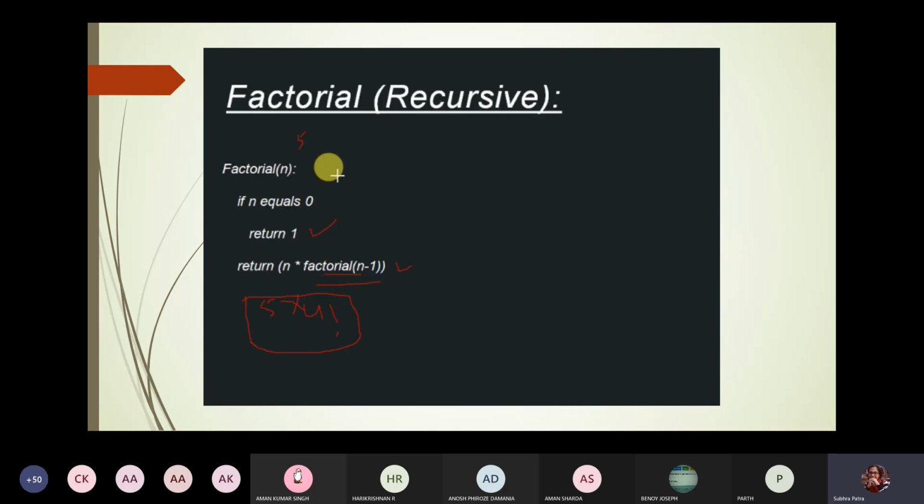Now your n is 4, so it is not equal to 0, so it won't return 1. So what will you do here? You will take n, that is 4 here, cross factorial of 3, n minus 1, right? Next you are at n equal to 3, so you will take 3 cross factorial of 2. You don't know factorial of 2 now, so you will take the next call, factorial of 2, where n is 2, cross